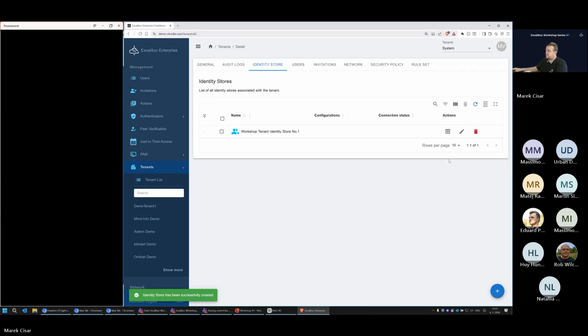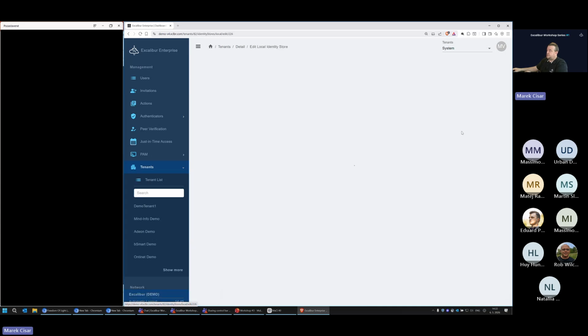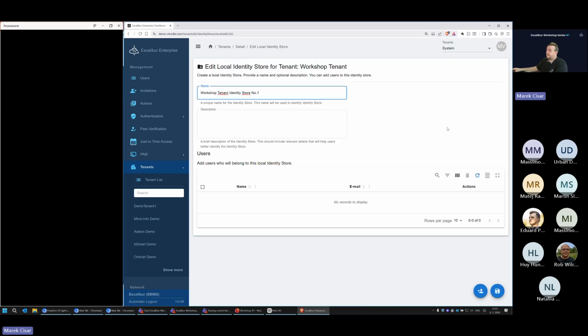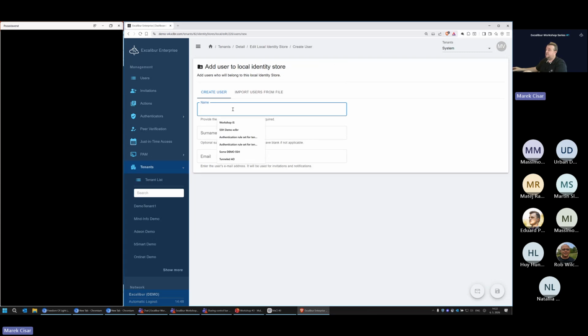Okay. I will click on the pen icon, and I'm going to create a new user. So let's click on the button to add a new user. So new workshop tenant user.